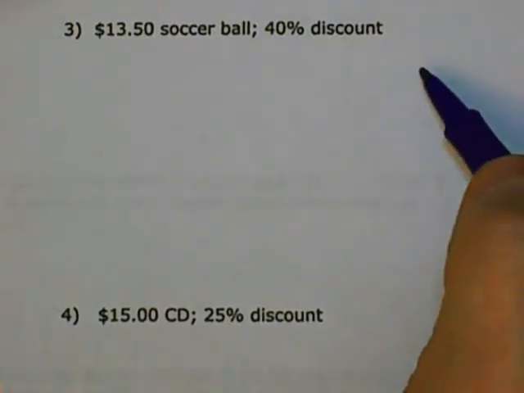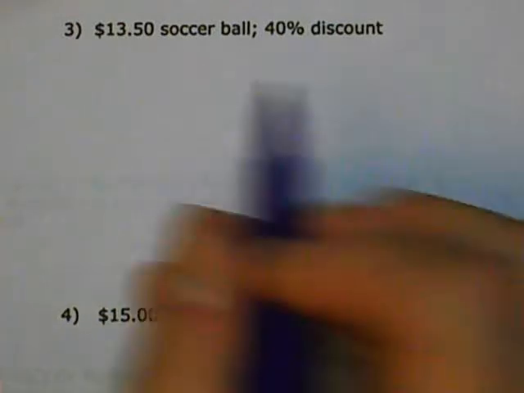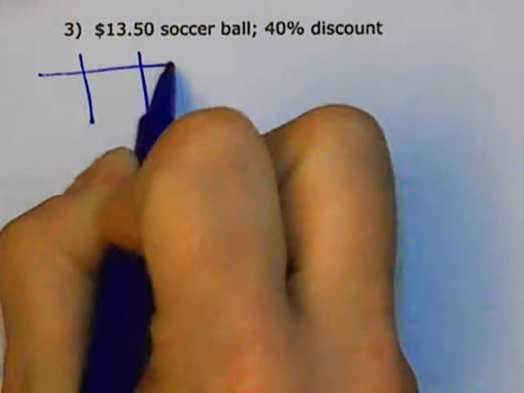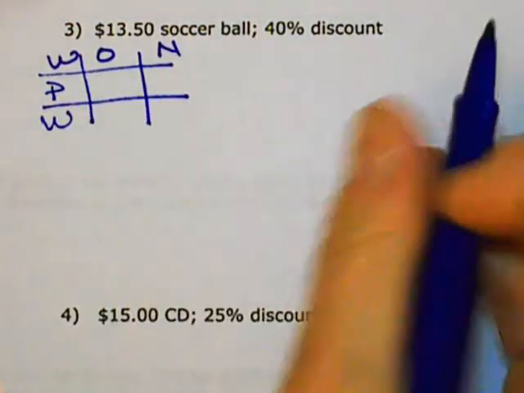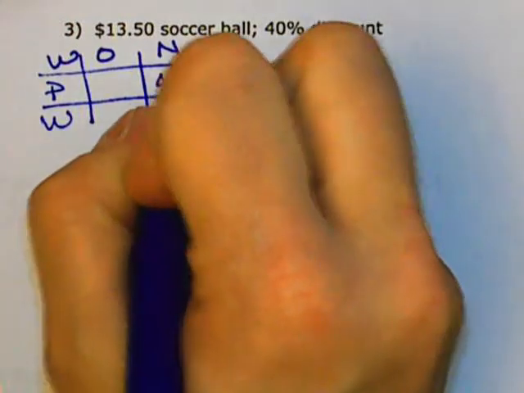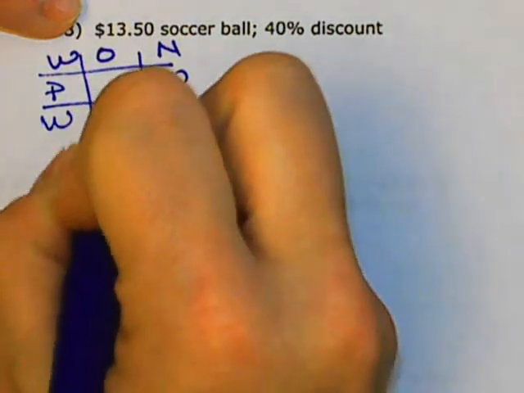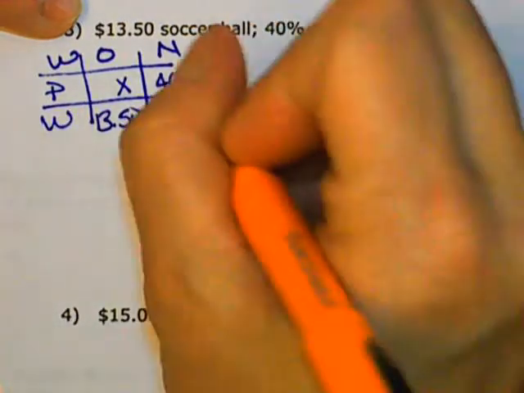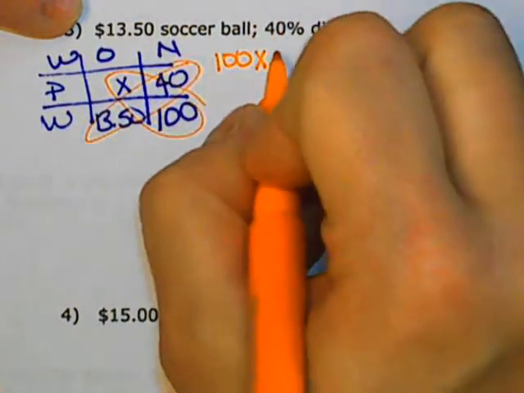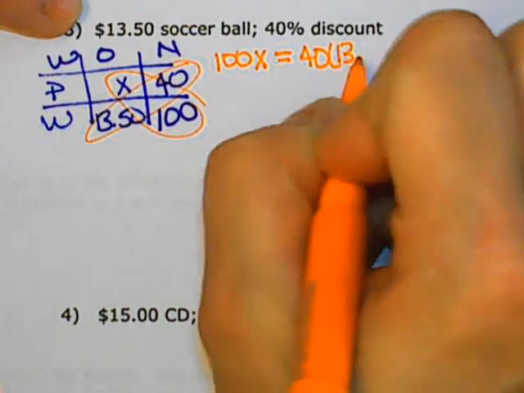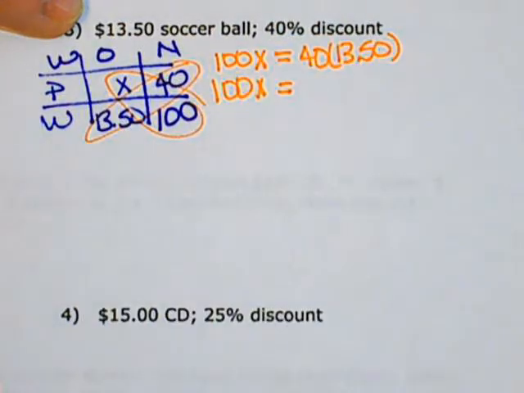Number 3 is a $13.50 soccer ball at a 40% discount. We will set up our proportional one table with a part over whole. The percent always goes over 100. The original always goes over the bottom. We will cross multiply: 100 times x equals 40 times $13.50. 100x equals